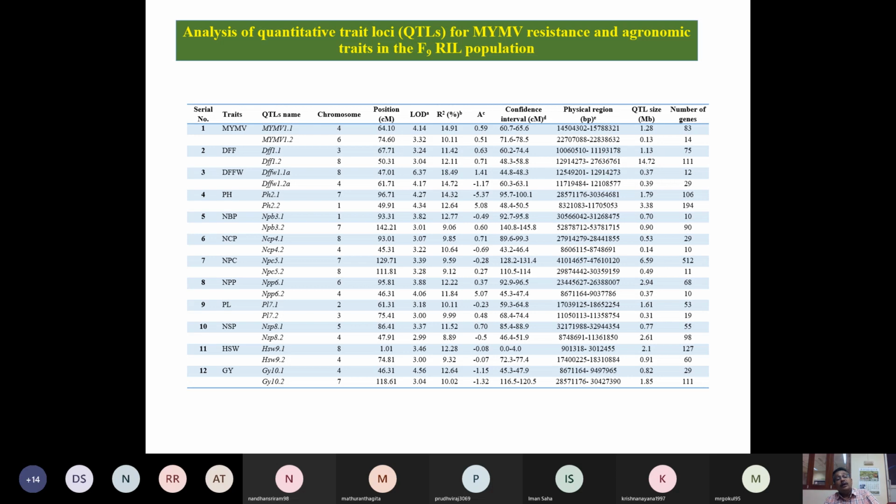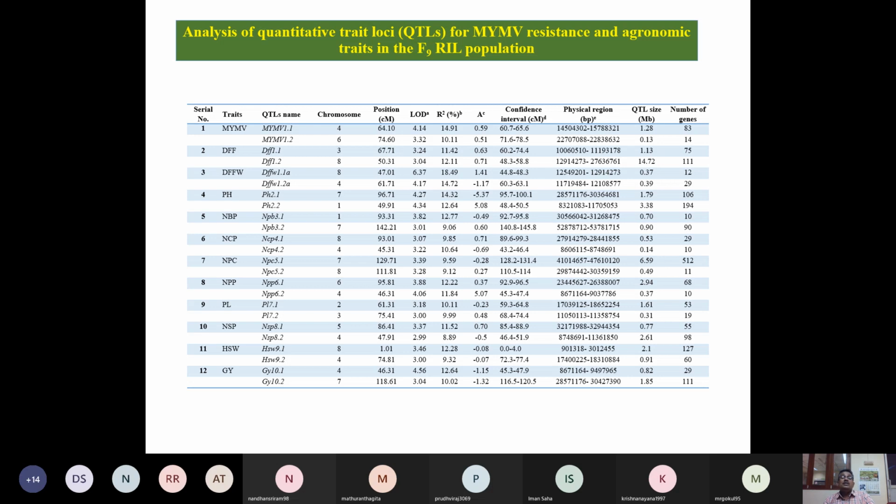Okay, so whenever you look at the QTL physical position, because you always refer to the reference map, if it is available, then you can go directly to the 14 MB to 15 MB region, in this particular case, in the Mungbean browser. Then you can locate which physical position this particular QTL is on. What is the megabase size? Again, the QTL size in terms of centimorgan and also in terms of base pair size.